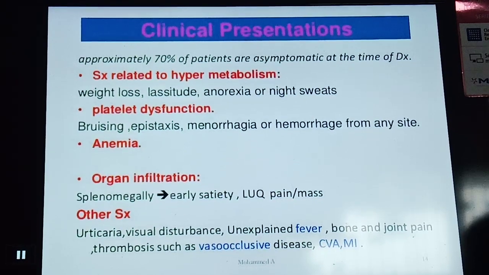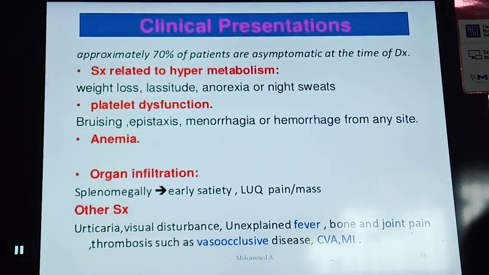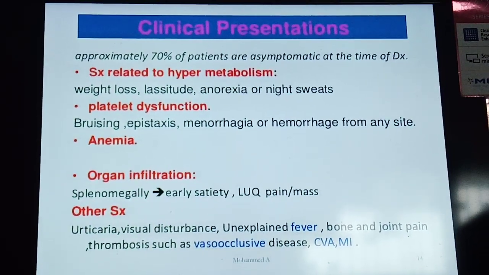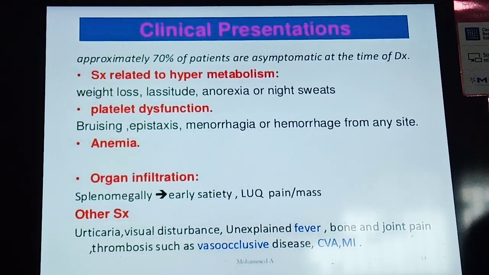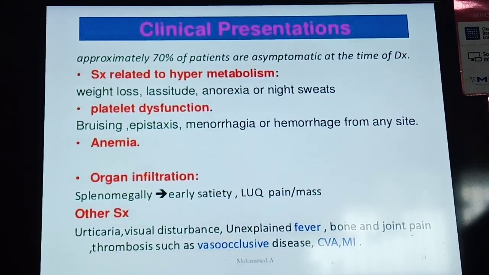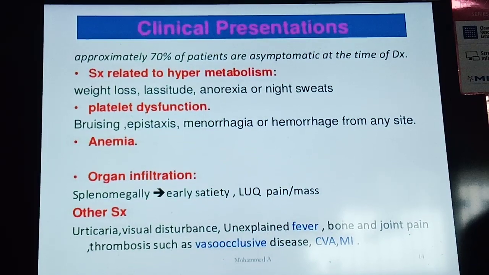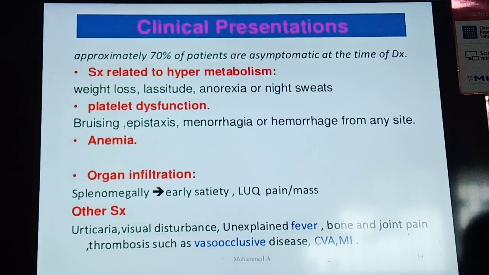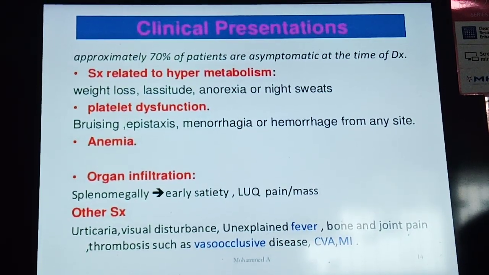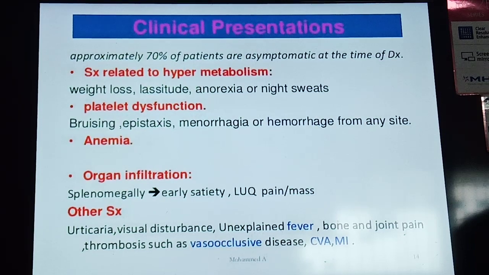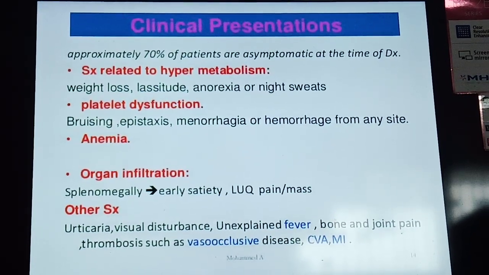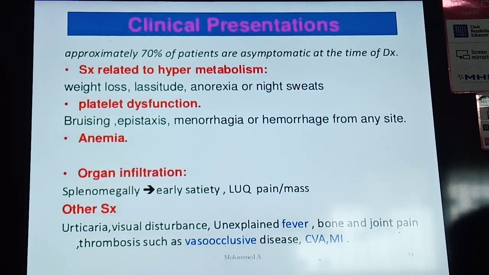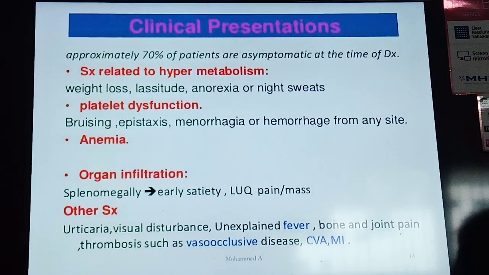Now the clinical presentation. Approximately 70% of the patients are asymptomatic at the time of diagnosis. The symptoms are related to hypermetabolism, like weight loss, lassitude, anorexia, and night sweats. Due to platelet dysfunction, there is bruising, epistaxis, menorrhagia, hemorrhage from any site. There may be anemia, and organ infiltration may lead to splenomegaly, early satiety, and sometimes left upper